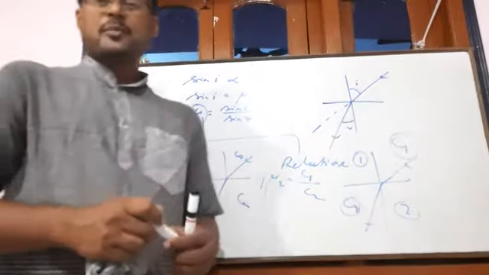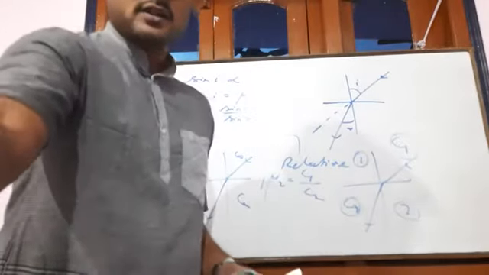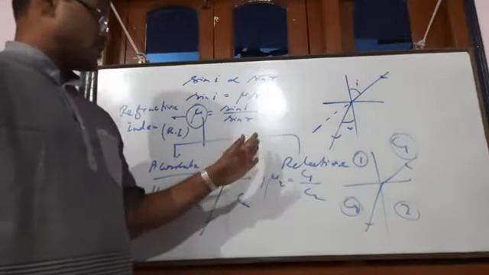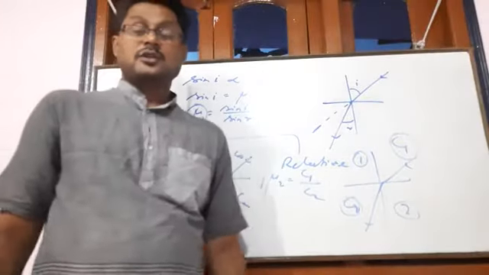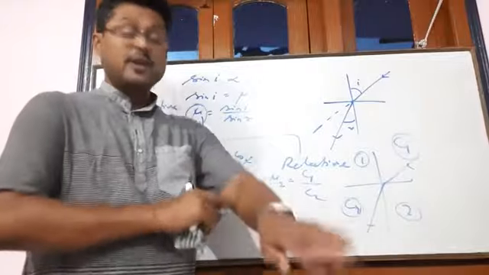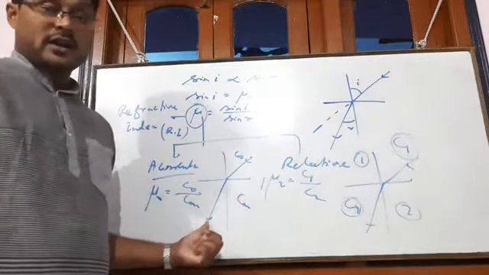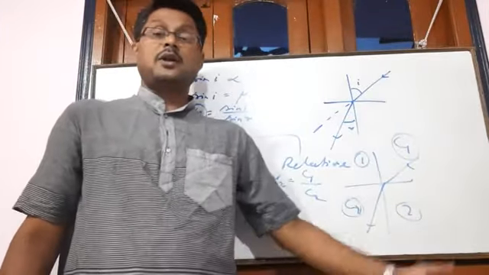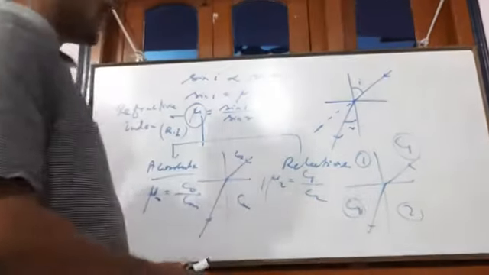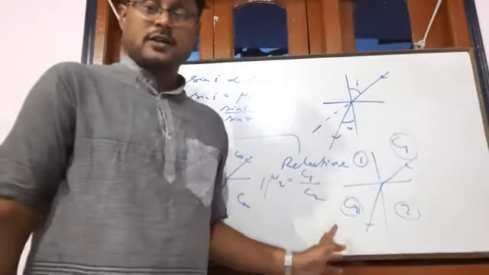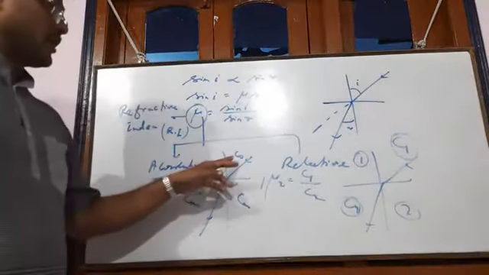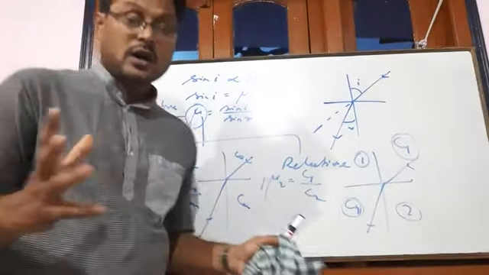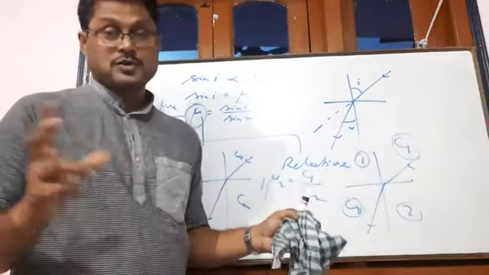So we have to give importance to the speed, as I said earlier. In the case of refraction, we can define it in this way. When light travels from vacuum to any medium, then we find only the absolute RI. But when light travels from one optical medium to another optical medium, then we find the relative RI. Relative RI means speed of light in medium one and two, and absolute means speed of light in vacuum and in the medium.